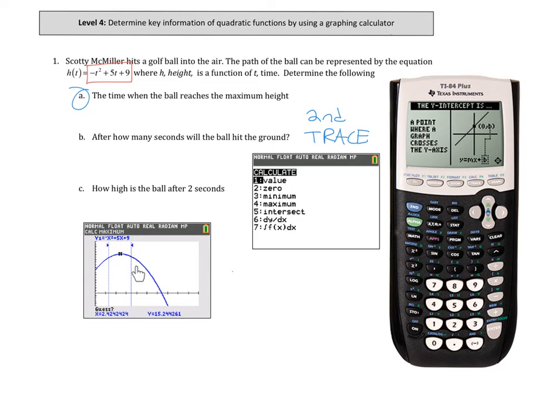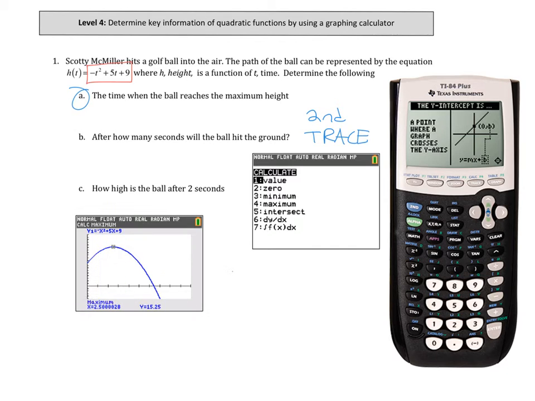And then it says "guess?", and you can move the little spider near the highest point, or you could just press enter. And when you do that, it will give you the coordinates of the maximum point. So your calculator screen should look like this, and the x coordinate of the maximum point, 2.5, is the time it takes for the height to reach its maximum height, and 15.25 is the maximum height